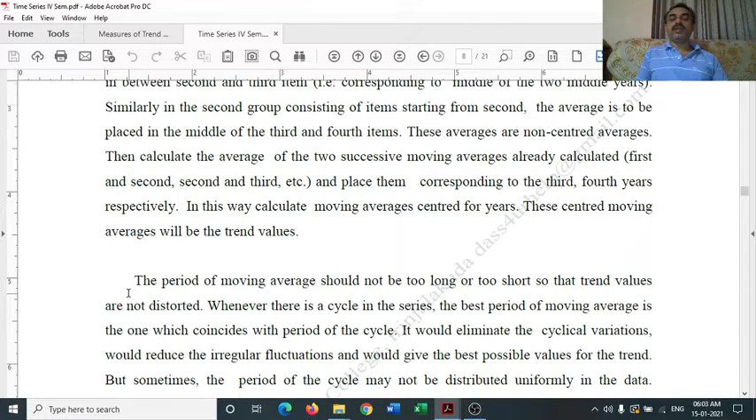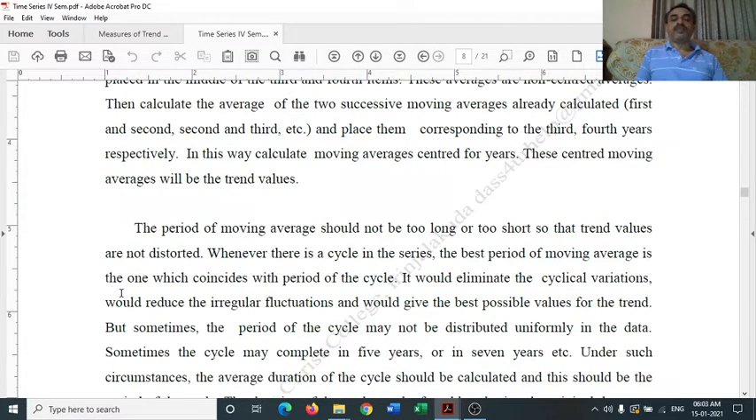Now, in between these two non-centered averages, there is a unique year, that is 1993. Therefore, the average of these two non-centered averages has to be placed in between them, at the unique year, which is 1993. Thus, in the second phase, we will calculate all the centered moving averages from the non-centered moving averages, and they are to be placed in between the years